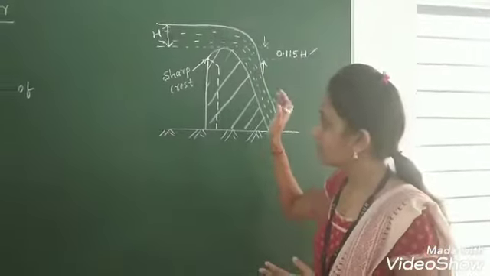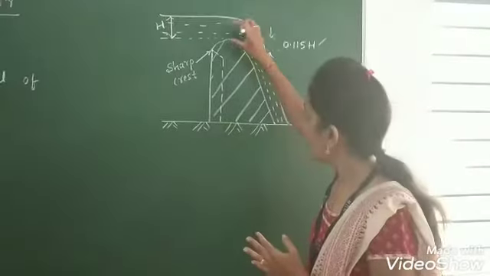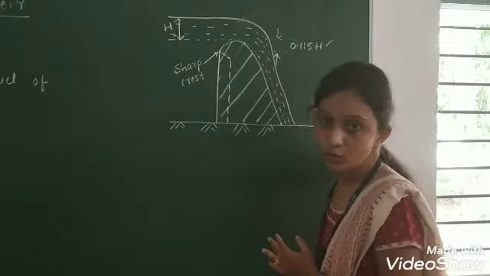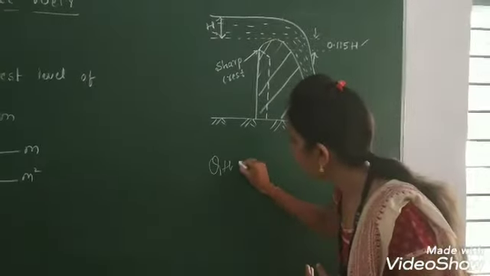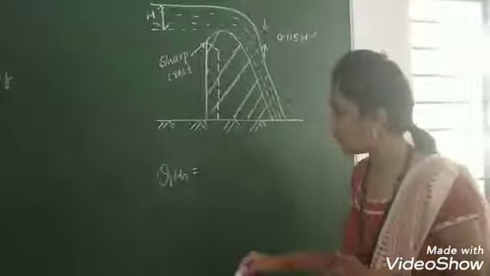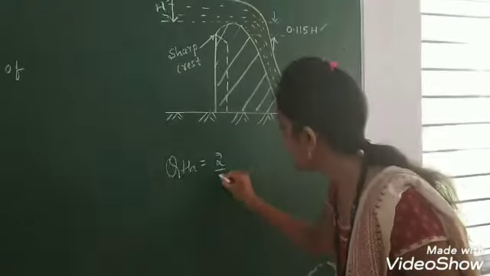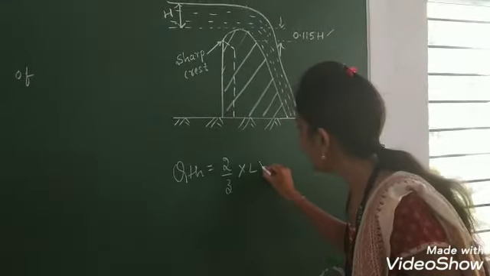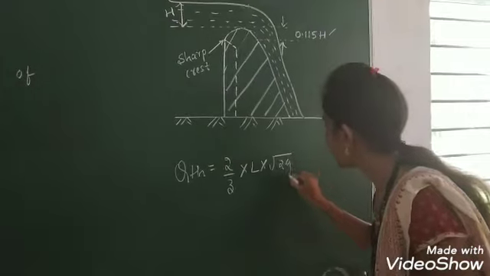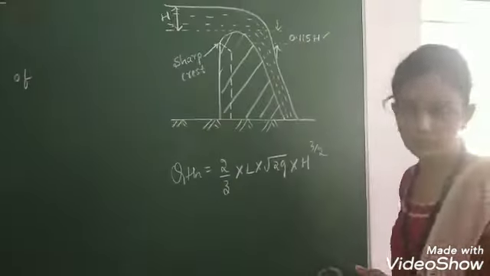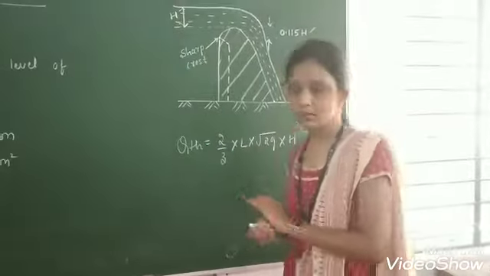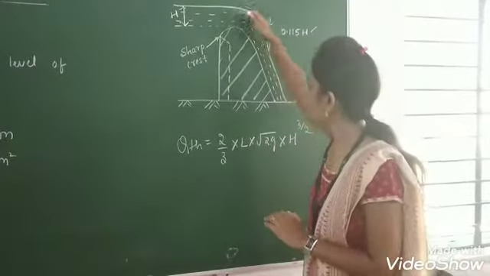Okay. So that is regarding the OG weir, and how much discharge is flowing in this OG weir we can calculate by using the empirical formula. We have one formula, Q theoretical is equal to 2/3 into L into square root of 2G into H raised to 3/2. Okay. By using this formula we can calculate the Q theoretical value that is flowing in the weir.